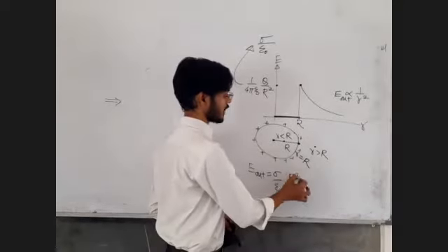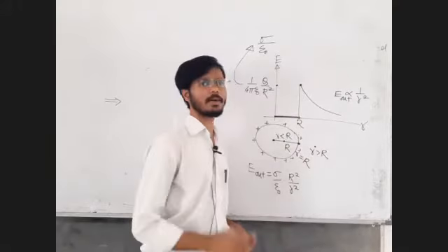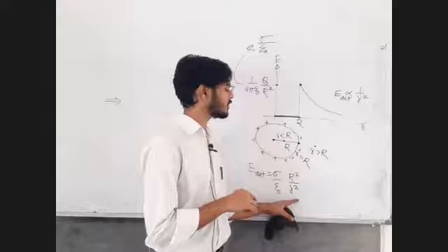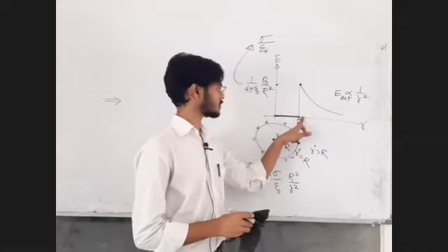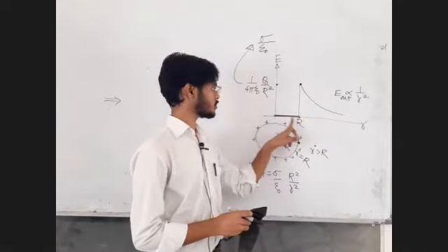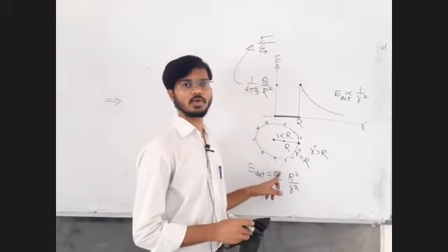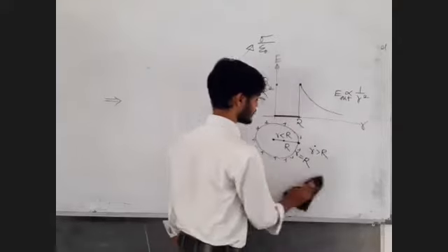Now I know when I say R square upon r square, I am not using the word capital. It means the r in the denominator should be the small r. But if I am on the surface, then the distance from the center is going to be capital R. So capital R square upon capital R square will become 1. So the answer is sigma upon epsilon 0. All right. That completes this analysis.